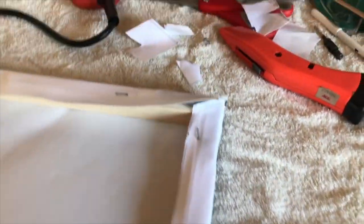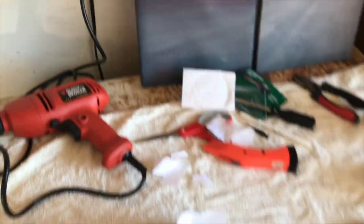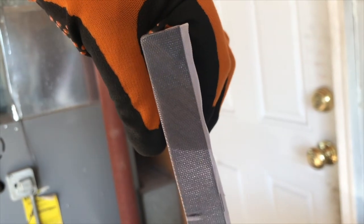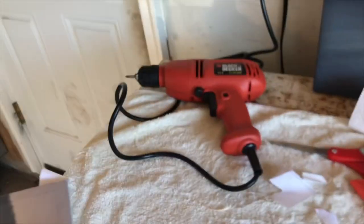Okay, so as I'm doing more and more of these, I'm realizing if you want a finished line like this on the sides, which I do, like if you look at it from the side, you want that to be as clean as possible. The top doesn't really matter. See how you can see that fold there? You can't see it from the side. So what I'm doing to get that effect, you can see here, you can see the fold from the side, and people might see that, but here, if you're shorter than that, then you would never know that there's some white up there. So another way to creatively tuck your edge so people can't see that white line is